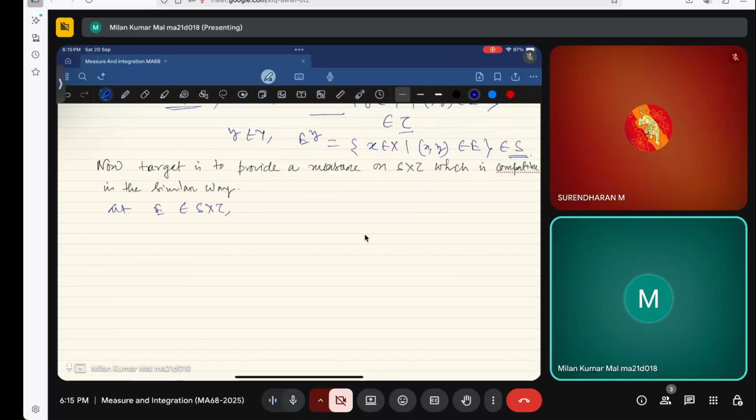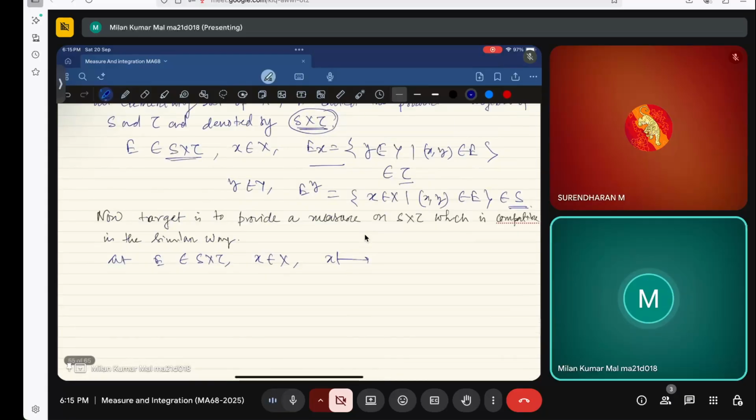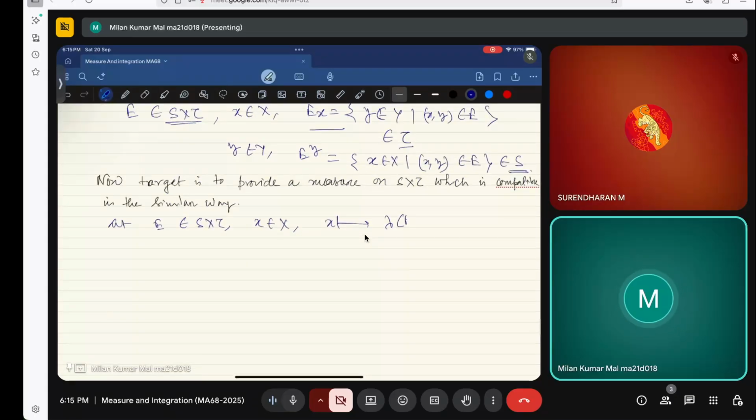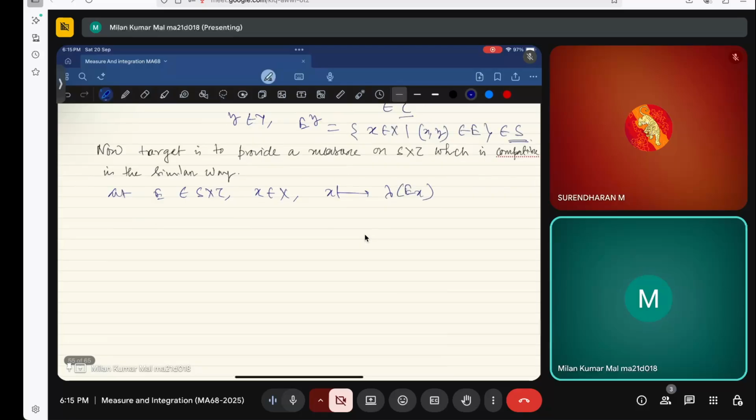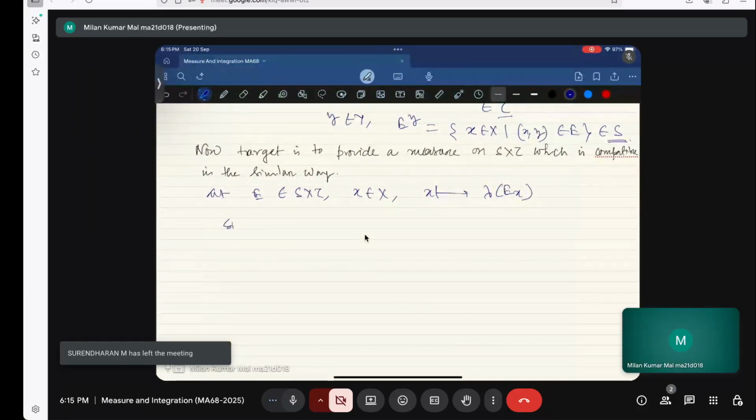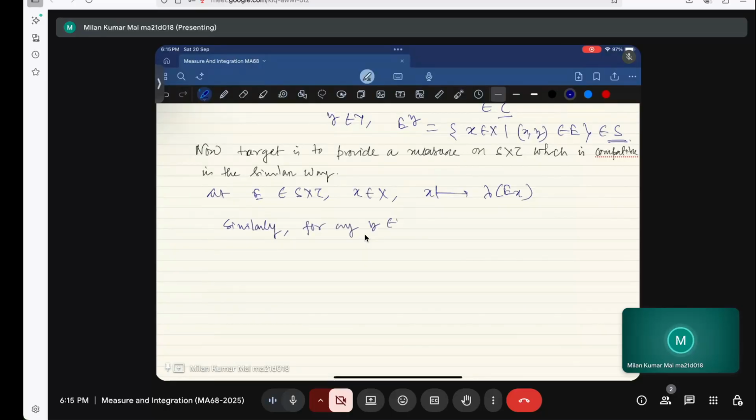Okay. Now, for every x belonging to capital X, we have defined Ex. Now this is measurable, an element in tau. Therefore, x goes to mu of Ex is a well-defined function. And similarly, for any y belonging to capital Y, y goes to lambda of Ey, is also a measurable function,